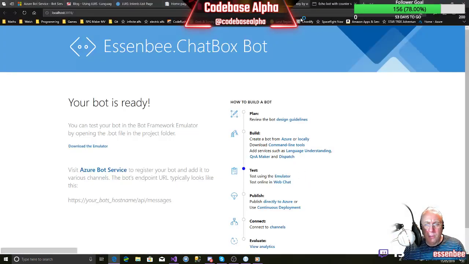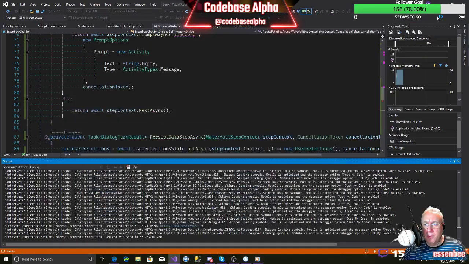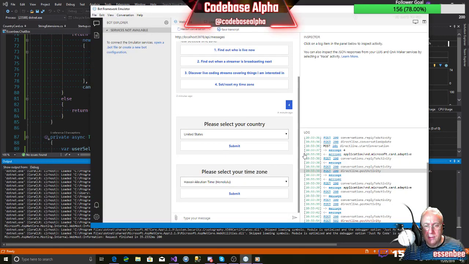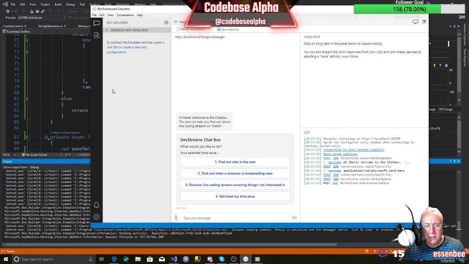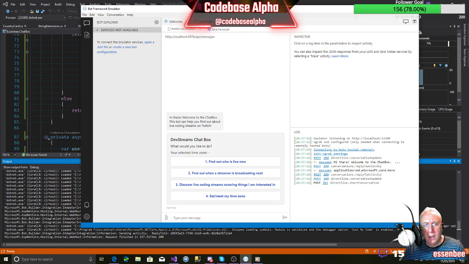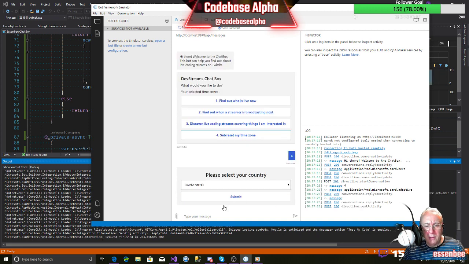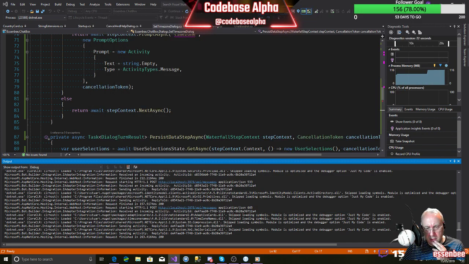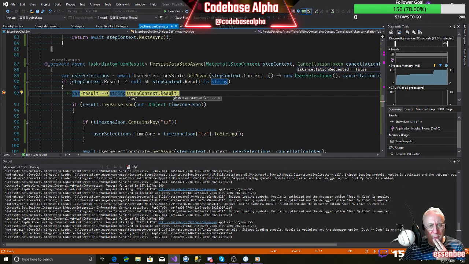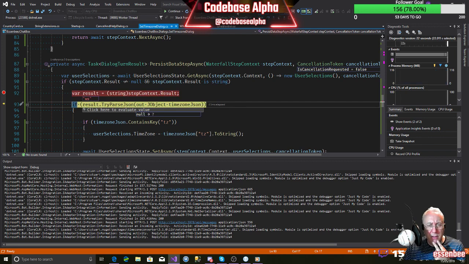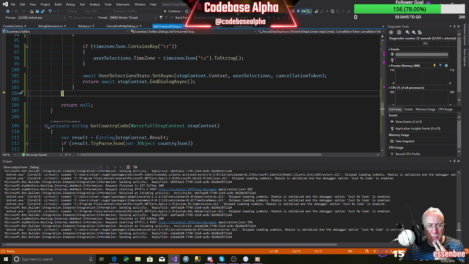So this is one of those things where this may work fine, but it may have unintended consequences at some point. So we need to try and understand. I think we need to understand why we're getting this strange behaviour. But I think it's because we're using postbacks and adaptive cards. So here we've hit our time zone. We're going to type in US. We're going to hit return. We've hit our time zone. We've got US in here. We step in. We're going to fail that pass. We're going to return null.